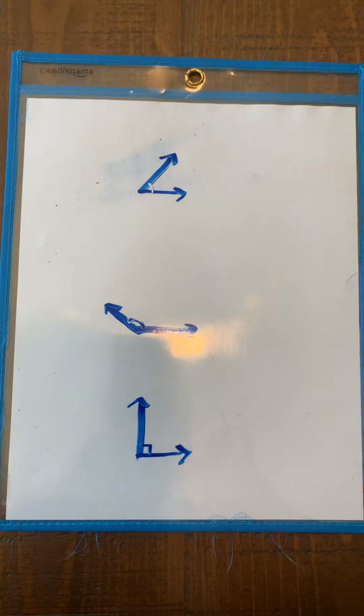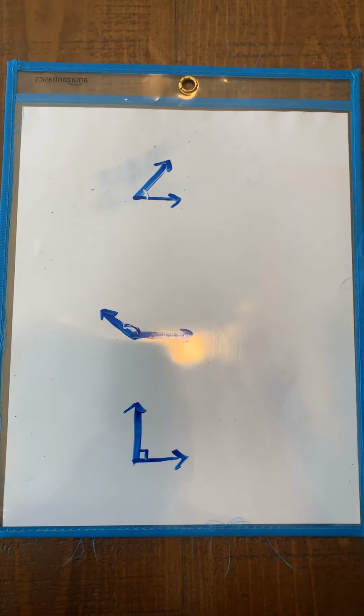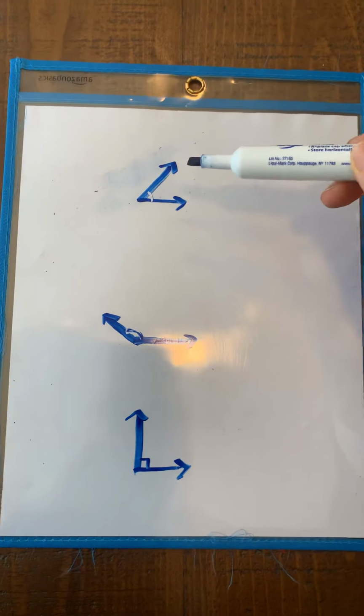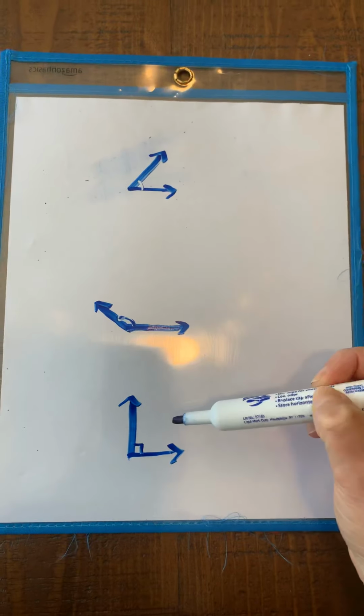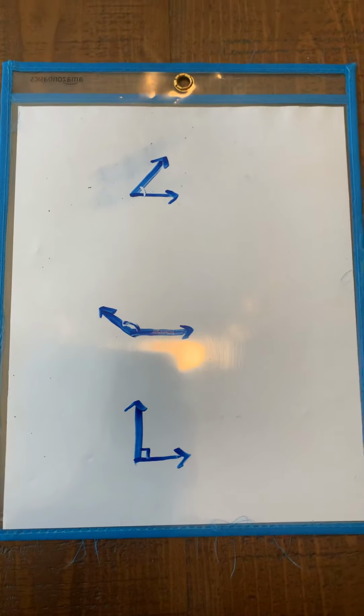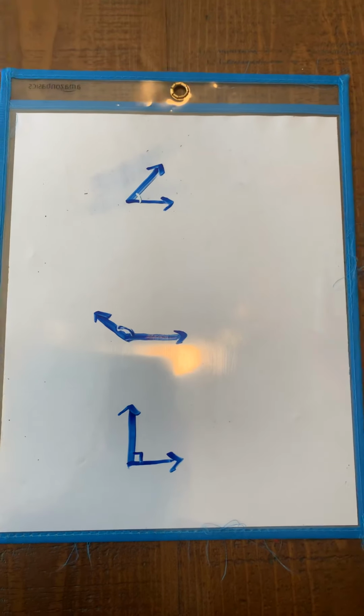So let's look at what we have here. We're going to notice, what do we see? We see 1, 2, 3 angles. You should probably already be thinking about what kind of angles these are. So this one